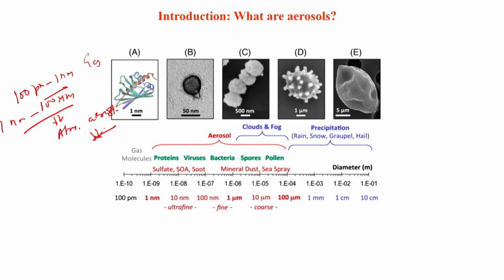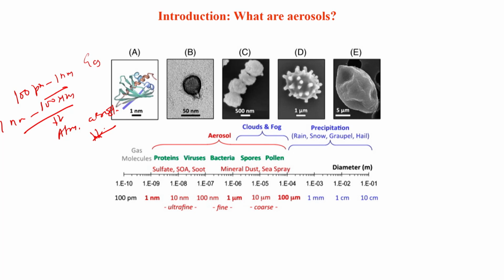So, these become very important, and examples of ultra fine particles will be sulfate particles, secondary organic aerosols and soot. The terms look very unfamiliar. We will come to what secondary organic aerosols, soot and sulfates actually are, and how they are generated; we will discuss that. And if you just go beyond fine, you have mineral dust and sea salt spray, which are in the coarser mode. Their typical size is more than 2.5 micron or so. And 100 micron is the cutoff for aerosols. We generally do not consider atmospheric aerosols beyond 100